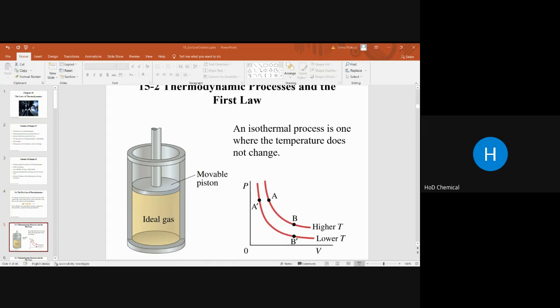The melting of ice at 0 degrees Celsius is a perfect example of an isothermal system. The reaction in the heat pump is an example of an isothermal process. First one is melting ice at 0 degrees Celsius, second one is the heat pump, and third one is... they all follow Boyle's law in thermodynamic processes. After the session, I will tell about Boyle's law.